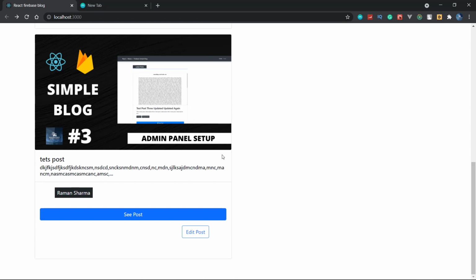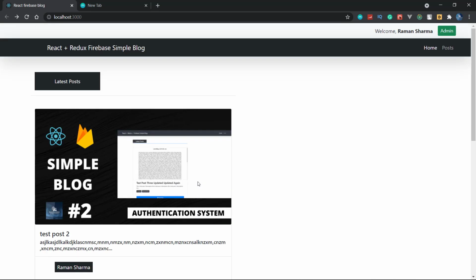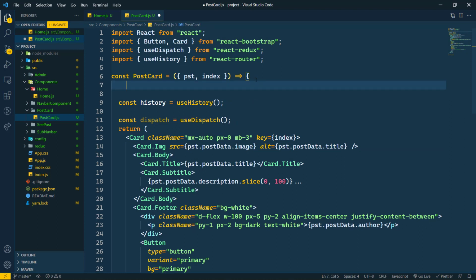Now see that we are getting the margin, but here we are getting the edit post button also, but we don't want it if the user is not logged in. Now the user is logged in, so the user can see this. So here we are going to use useSelector.